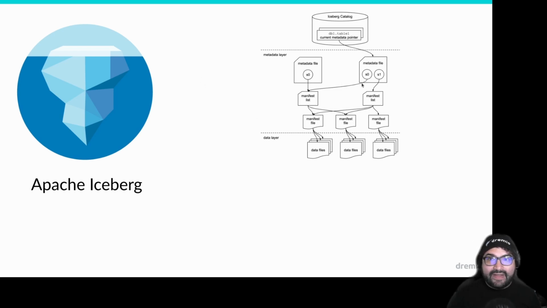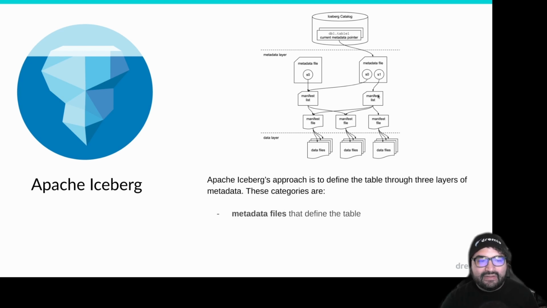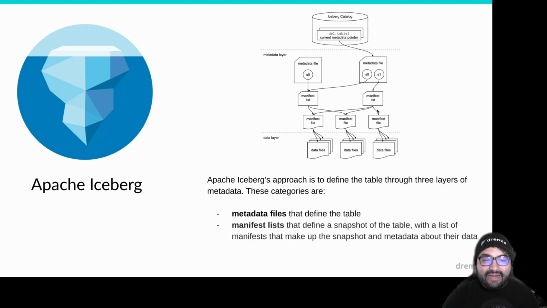You have a metadata file that describes, hey, there's this table that exists, it has this schema, it's partitioned this way, and has these different snapshots. And if you want to scan the most current snapshot, here's the manifest list that has that particular snapshot. So the metadata file defines the entire table. The manifest list is going to define the snapshot, and the snapshot is made up of a bunch of files called manifests. Each manifest is a list of files that are part of different versions of the table.